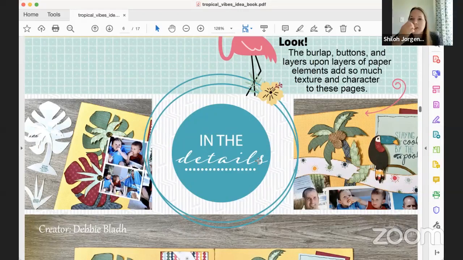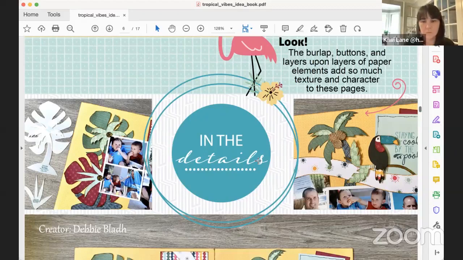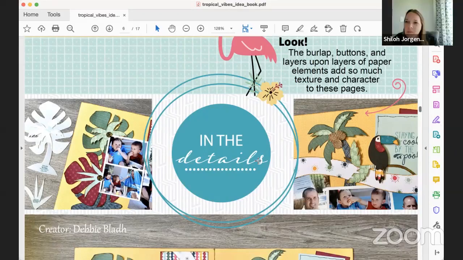And I also used the doodle sheet to cut out the coconuts in some burlap paper that I have. That's so cute. And did you also add on additional layers, the little fronds and such, on that side? Shiloh, I was just noticing, is there a little bit of twine wrapped around the branch too? Yeah, that's what you said.